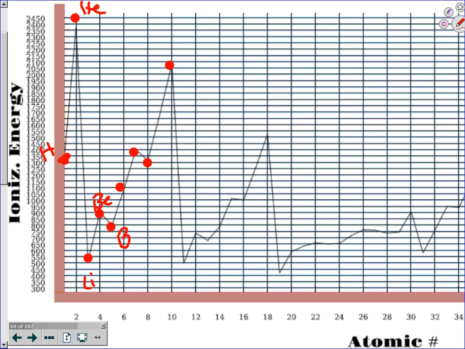We would expect going across the periodic table that you just keep increasing because you have more protons. But why does boron have a lower ionization energy than beryllium? Anyone help me out there? It has something to do with the 2p electrons, or the p subshell, right? So why does that matter? Right, because the s electrons or s orbitals are undergoing